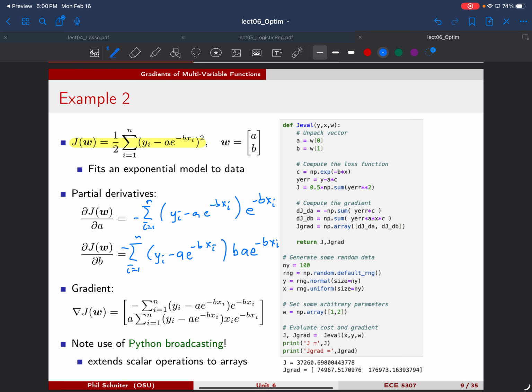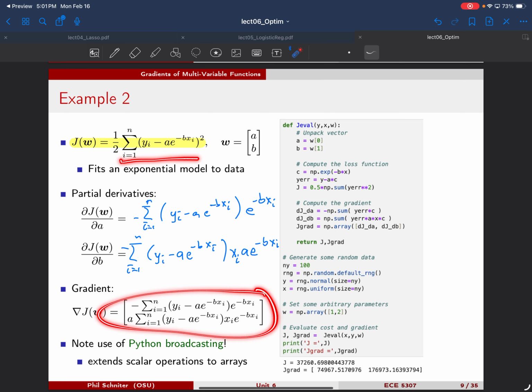So these are the things we want to compute, and here, we. Oh, did I? Oh, sorry. I did mess up. This actually should be xi. Okay, now we're good. Okay, so this code, now this wants to compute, once again, the cost, which is this, as well as the